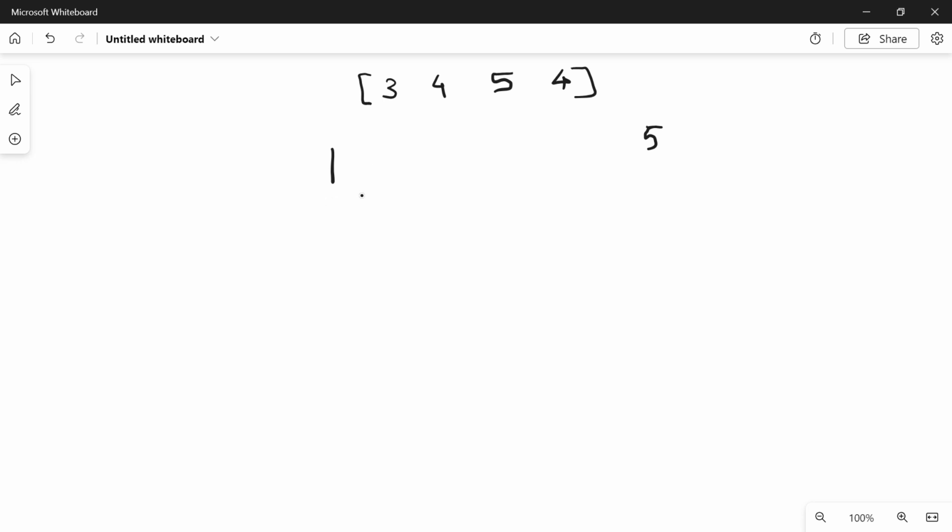Now, in binary search, we always divide the array into two parts. So we first find what is the midpoint. The midpoint is the higher value, so the maximum value here is 5, and the low value, that is 1, divided by 2. So 5 plus 1 divided by 2, we have 3 as the mid. Now is it possible,